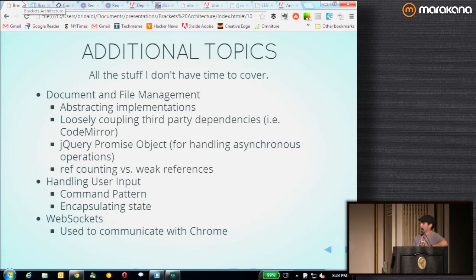Throughout they use this command pattern for handling user input. So every time you click something or whatever, it sends out a command that's passed